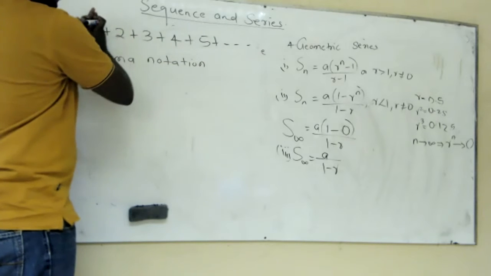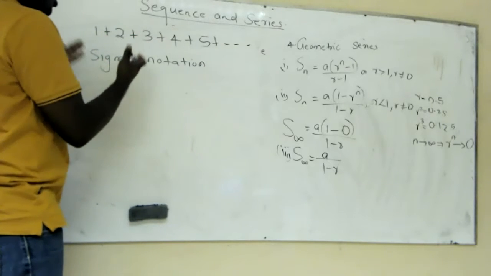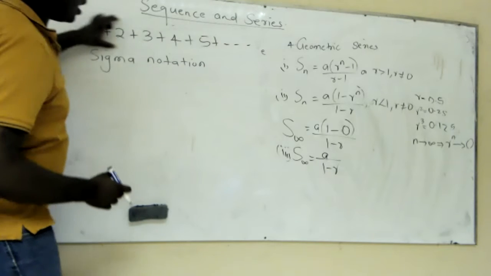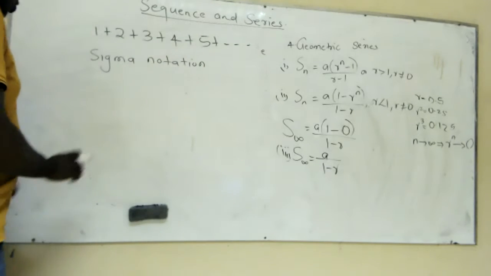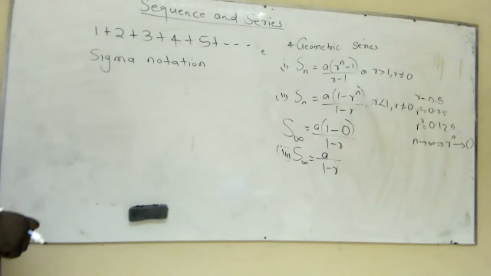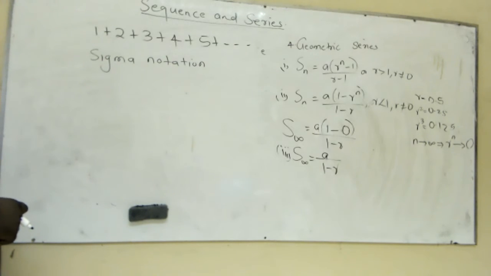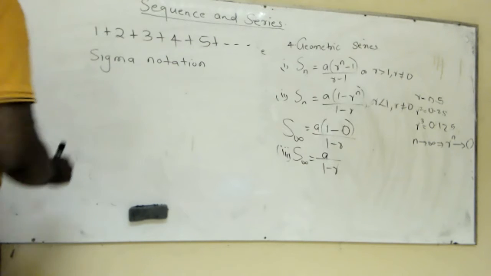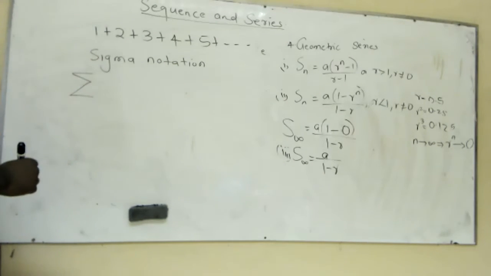Instead of writing many numbers that represent the series, you can use the sigma notation to help you generalize the series you are given. So now let's see how we can implement the sigma notation on the series. The general form of the sigma notation that represents the series is given by